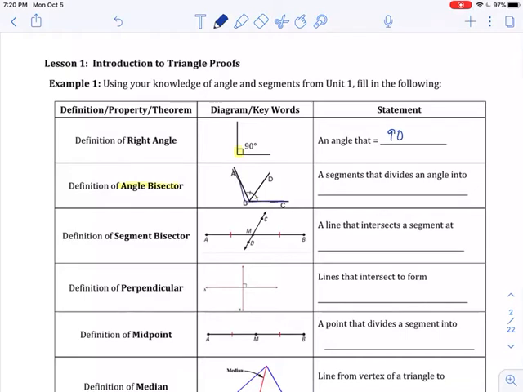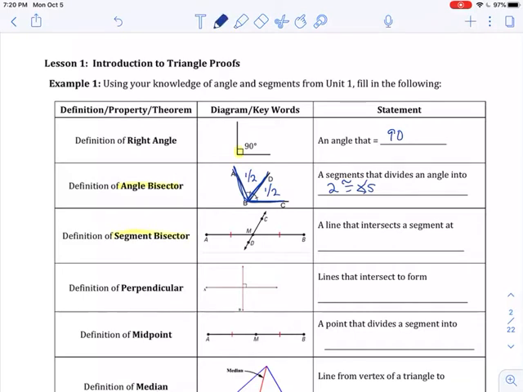Another word you should know is angle bisector. An angle bisector, so if I have angle ABC right here, and BD bisects it, that means it cuts it in half. So this half is equal to this half. It's a segment that divides an angle into two congruent angles. So as soon as I tell you I have an angle bisector, you're going to tell me which angles are